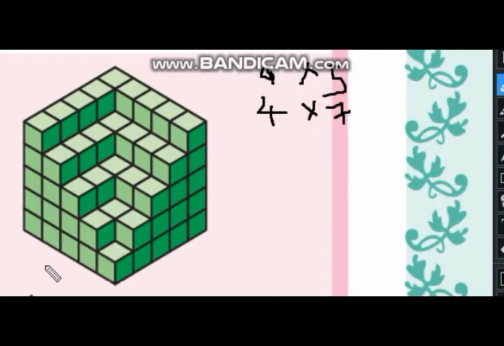Then in the third column 1, 2, 3, so 3 into horizontally 1, 2, 3, 4, 5, so 5. Then fourth column 1, 2, horizontally 1, 2, 3. Here 1 and horizontally also 1.